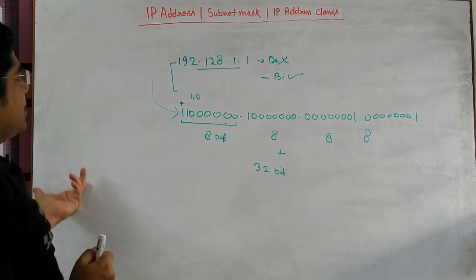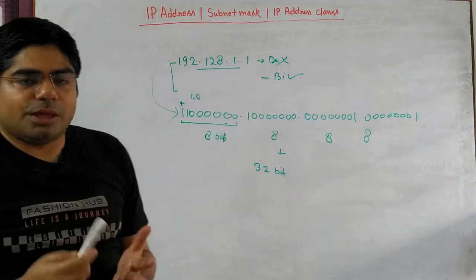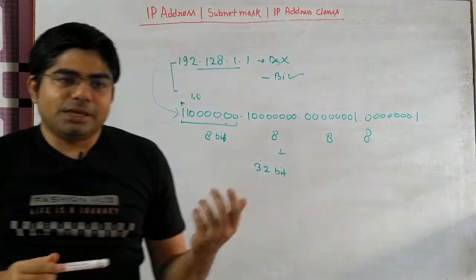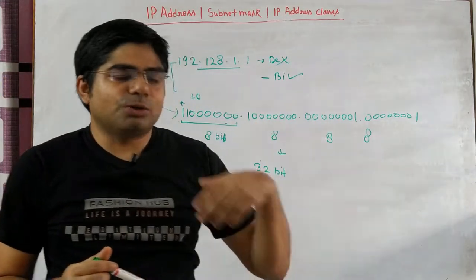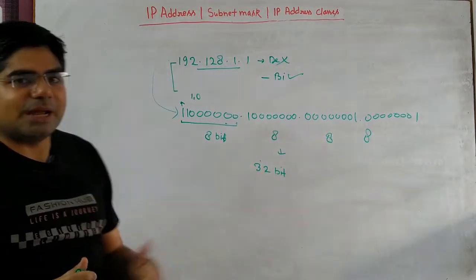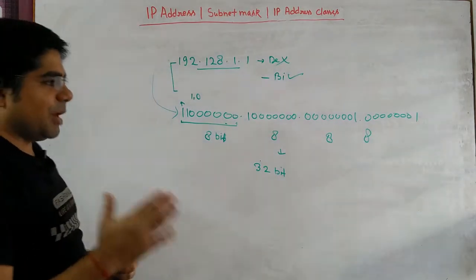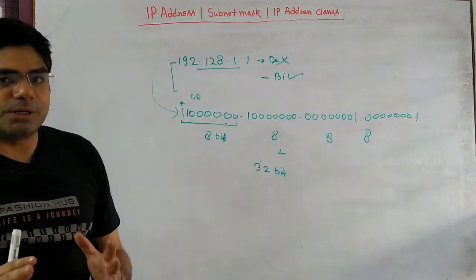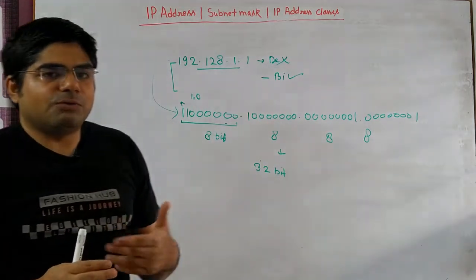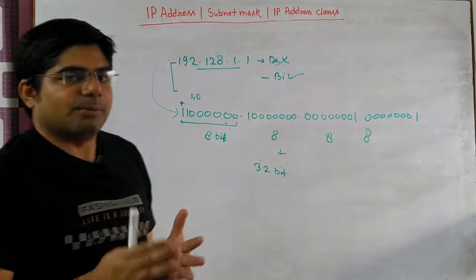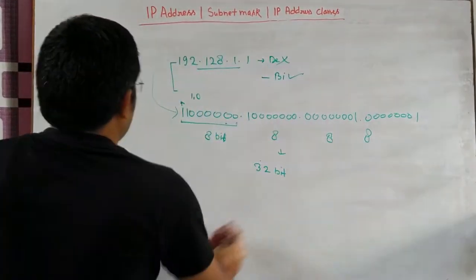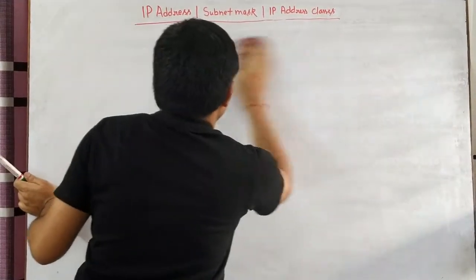So why do we use this IP address? If you are using a public address, it will be a unique address, so that if you are sending an email to a server or searching on Google, Google will respond to your public address. An IP address is divided into two parts, one is public and one is private. I will tell you how we separate public and private IP. Firstly, I will tell you what the classes of IP address are, then I will come to the subnet mask.